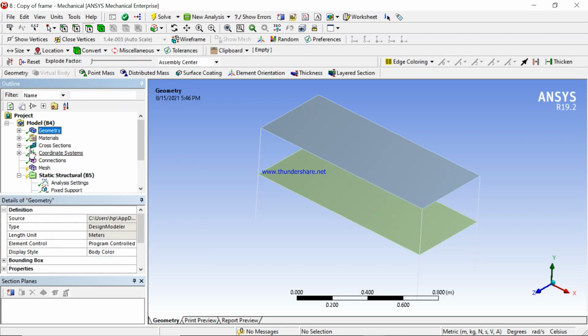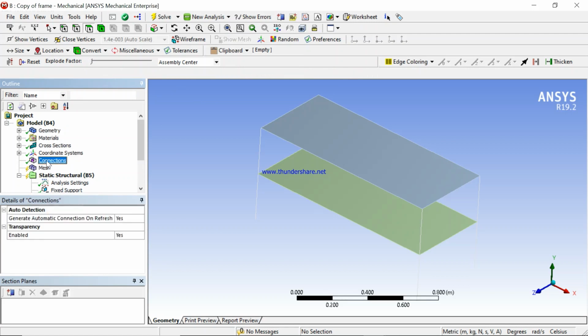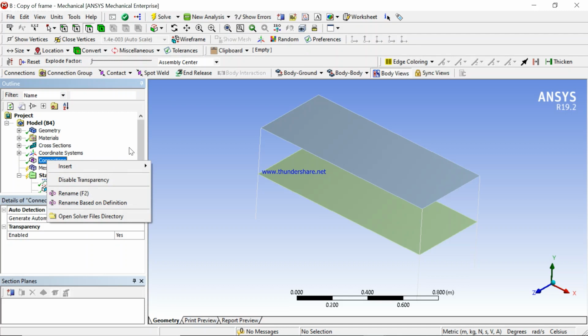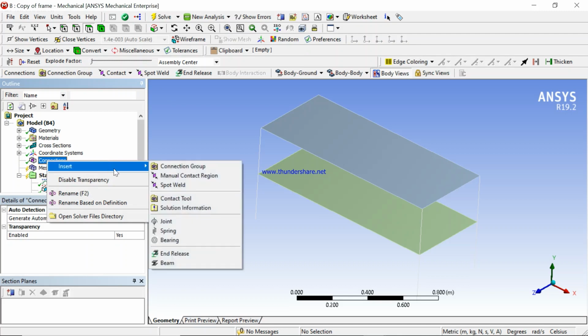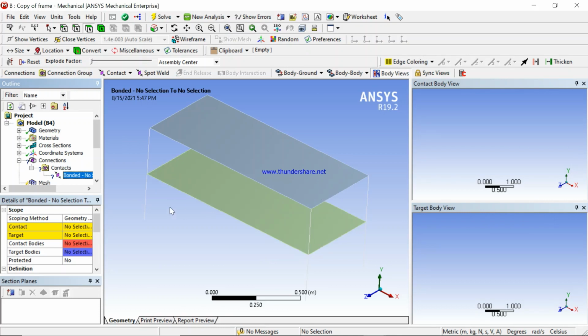So after the material, we also need to connect, because they're not connected. To connect, we can go for manual contact region. So what do we need to connect? We are going to first connect. Okay, we can connect all of them at the same time. The contact,